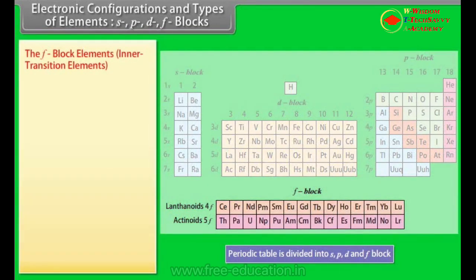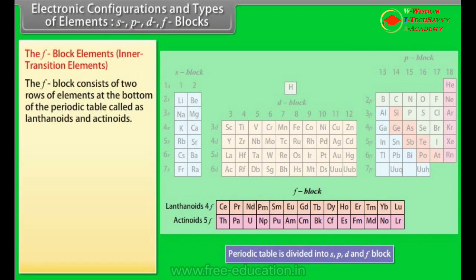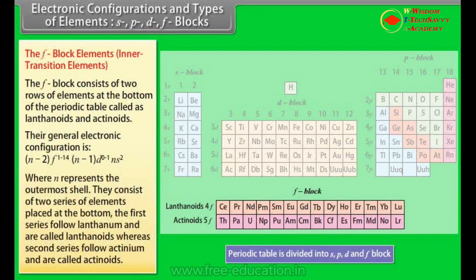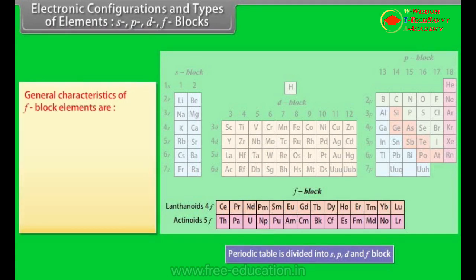The F block elements, inner transition elements. The F block consists of 2 rows of elements at the bottom of the periodic table called lanthanoids and actinoids. Their general electronic configuration is: where N represents the outermost shell. They consist of 2 series of elements placed at the bottom. The first series follows lanthanum and is called lanthanoids, whereas the second series follows actinium and is called actinoids. General characteristics of F block elements are: they show